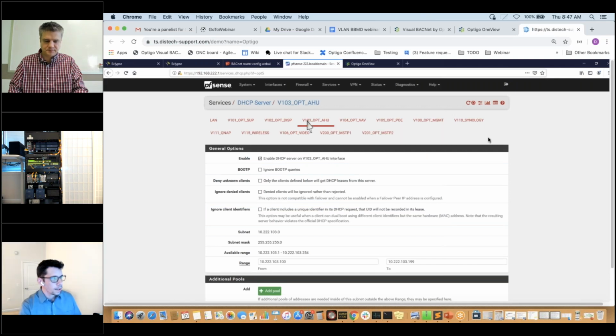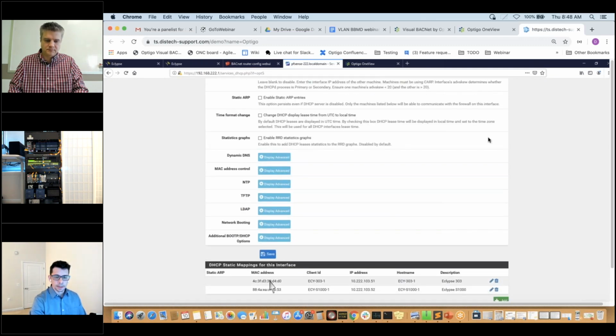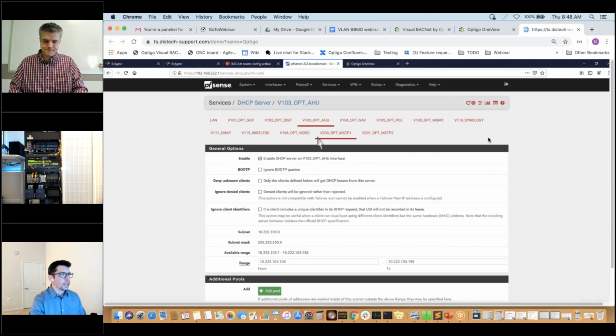So here, this is the VLAN that all those controllers sit on now. And two of the controllers have reserved leases right here, so that when the VLAN is activated and they're seen on this VLAN, they're handed these addresses. In this case, it'll be 51 and 52 respectively on VLAN 103. But even though we haven't used it yet, if I go over to VLAN 201 or 200,